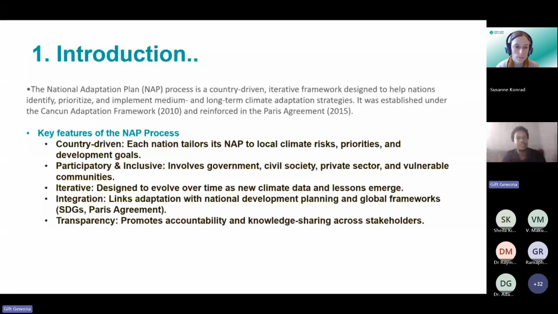This process is to help countries identify, prioritize, and implement medium and long-term climate adaptation strategies. It's an iterative framework, and it is country-driven. It was established under the Cancun Adaptation Framework back in 2010, and then reinforced by the Paris Agreement in 2015. Some of the key elements: we realize countries are at different stages in implementing their adaptation processes. Not all countries are at the same level. And so, realizing this, a key feature is that it is country-driven. Each nation is supposed to tailor its NAP to local